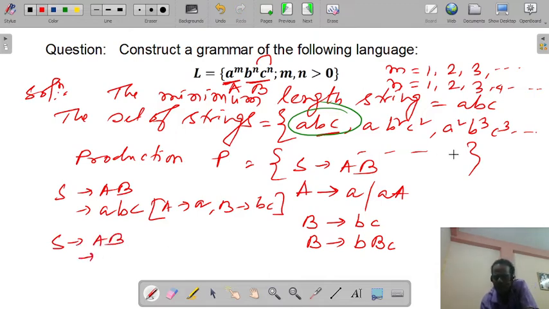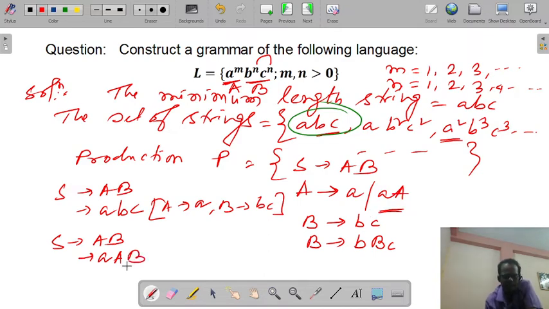So the number of A, that is the two A's, AA. So A should be substituted by small a, capital A. We use this production.